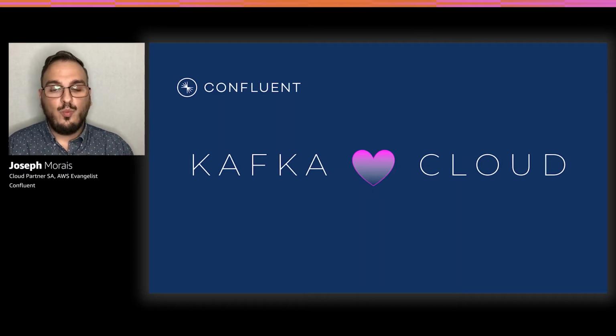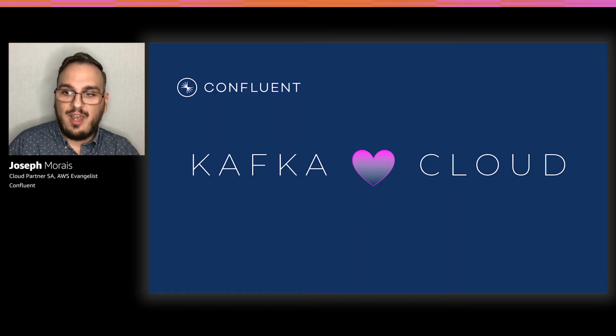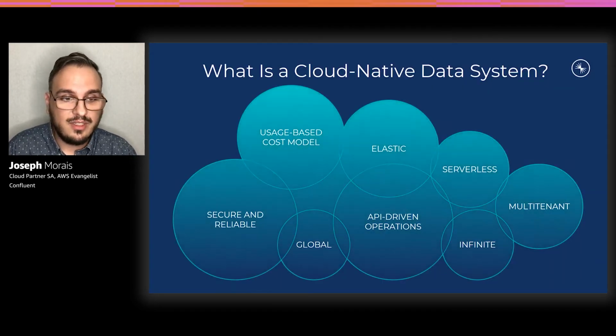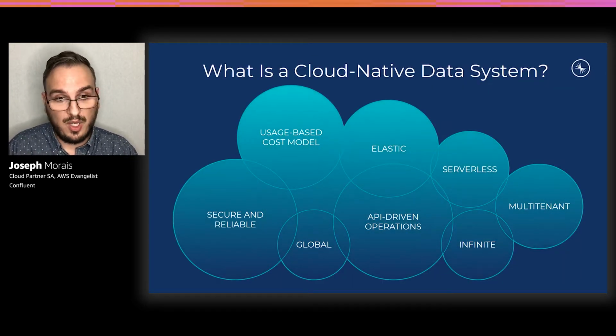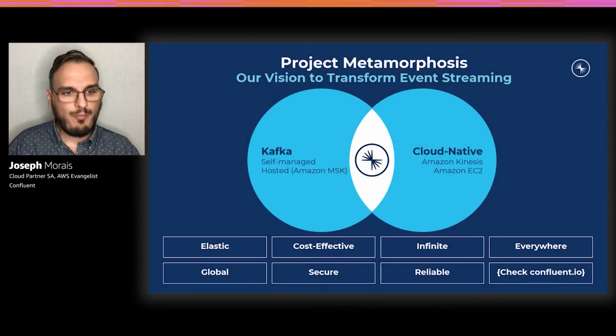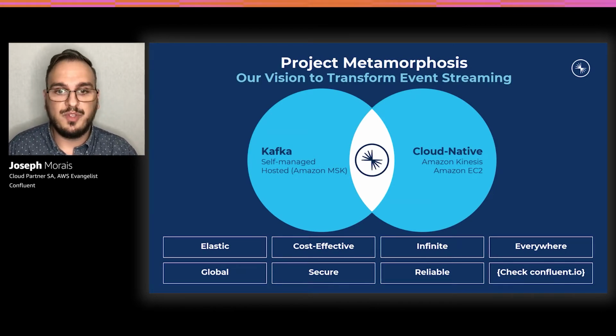To that end, Confluent has pushed forward efforts to make Kafka a cloud-native platform. So what does it mean to be cloud-native? Elastic, serverless, API-driven, all of the above are core tenets of making a data system cloud-native. Making Kafka cloud-native is one of the core goals of Project Metamorphosis, an effort Confluent launched this year in 2020 to make it dramatically easier for any organization to use event streaming to unlock new business, exceed customer expectations, and